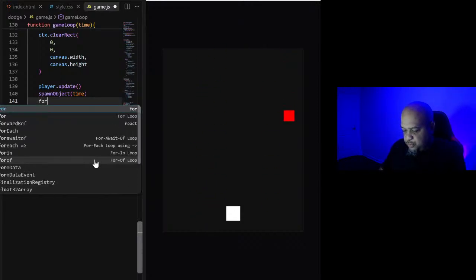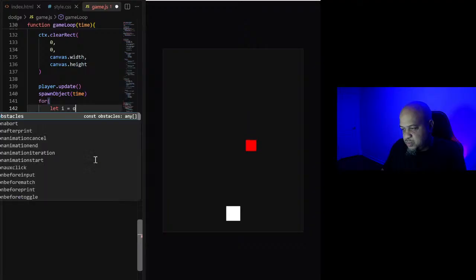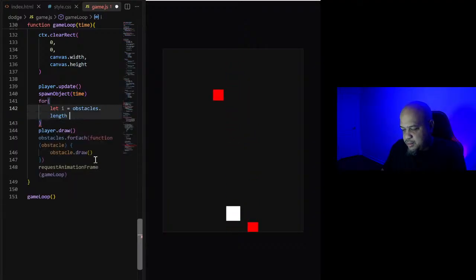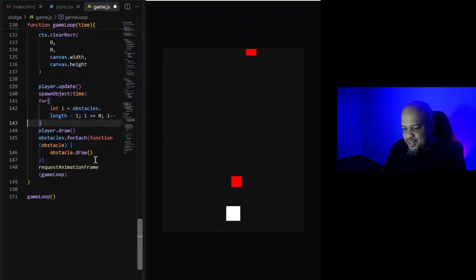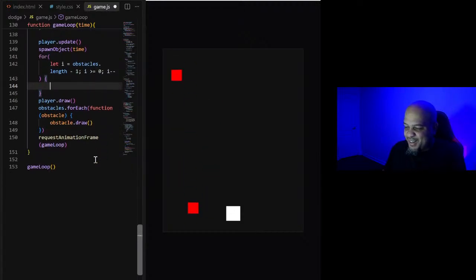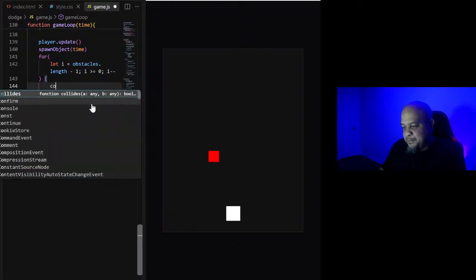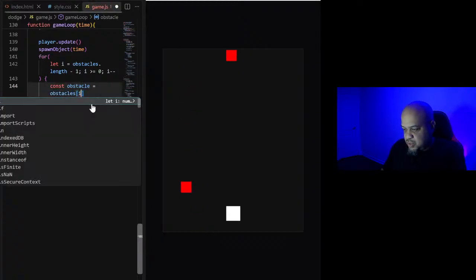We'll use a for loop versus a forEach. For i is equal to obstacles.length minus 1, as long as i is greater than or equal to 0. I wonder how many folks actually remember how to write a traditional for loop if you're using JavaScript. With so many methods out there right now, it's easy to forget. But const obstacle is equal to obstacles[i],